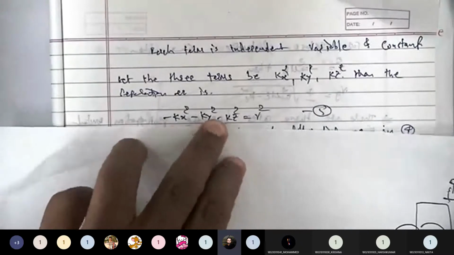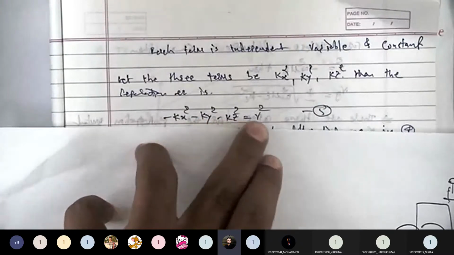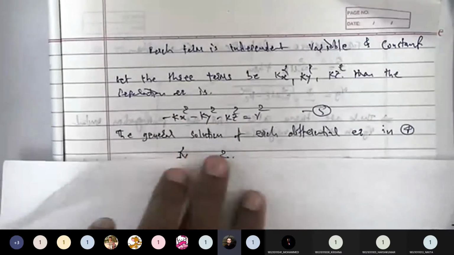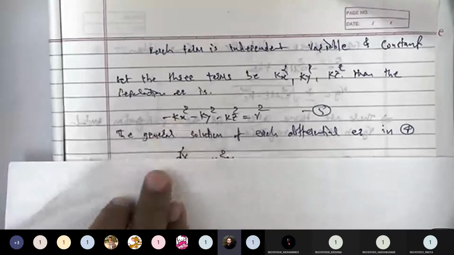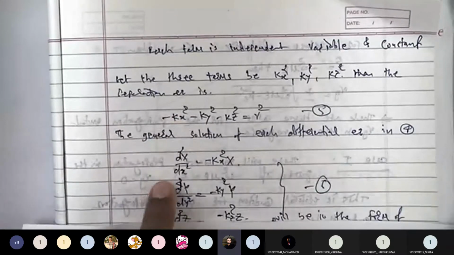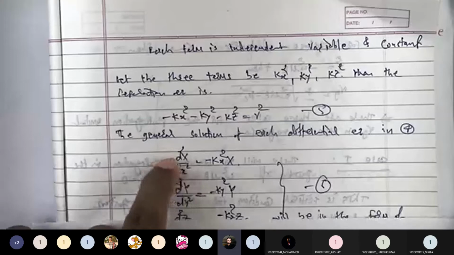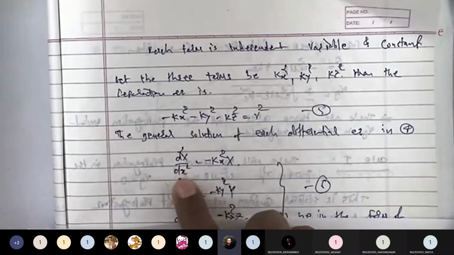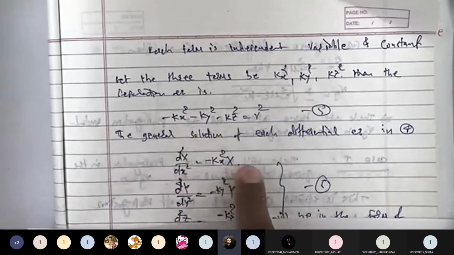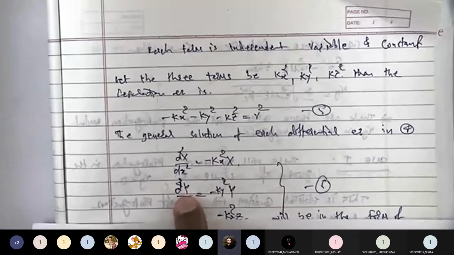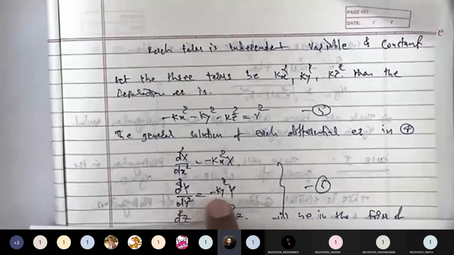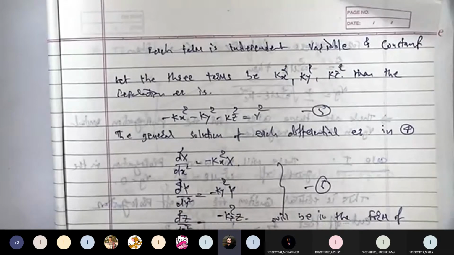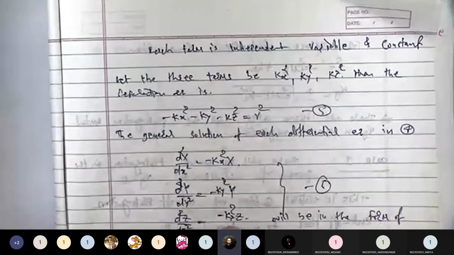And now we are trying to find out the solution of this kx square, ky square and kz square. So what is the solution? તો આપણે ઇન્ડિવિજ્યુઅલ એક એકનું સોલ્યુશન જોઈએ. તો હવે આમનું જનરલ સોલ્યુશન જોતું હોય તો આ ડબલ ડિફરન્શિયલ ઇક્વેશન છે, તો એનું સોલ્યુશન શું આવે? તો ઓલ ઓફ યુ અવેર કે હવે, કેમ કે તમે જુઓ તો અમે ઇક્વલન્ટલી લખેલું છે. So I can say that d square x by dx square will become minus kx square into x. Same way d square y by dy square is minus ky square into y. Same way d square z by dz square is equal to minus kz square into z.